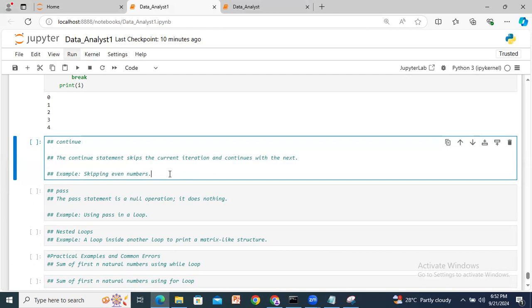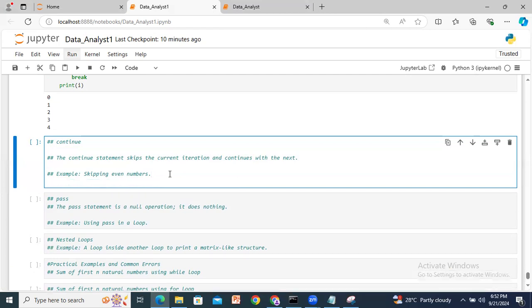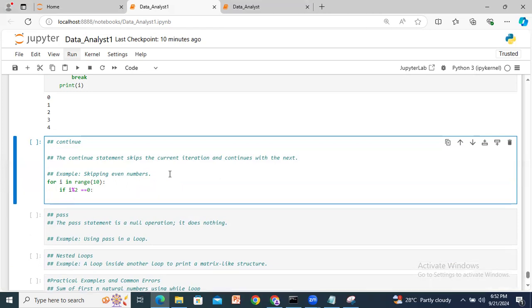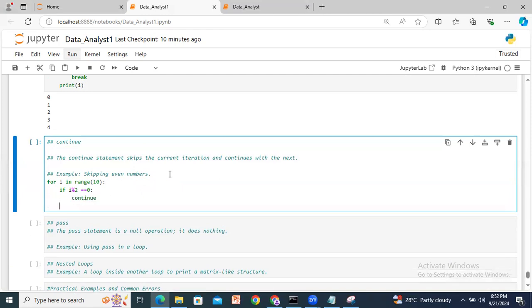So let's take an example, skipping the even numbers: for I in range 10, if I modulus 2 equals 0, then continue, print I. Okay. So with this continue statement, the loop skips the print statement for even numbers and continues